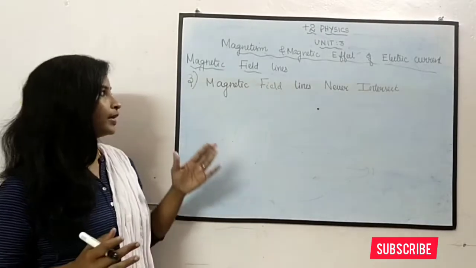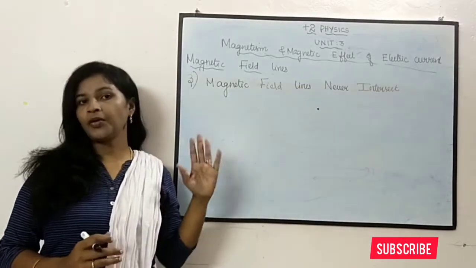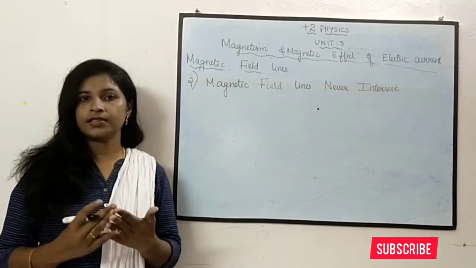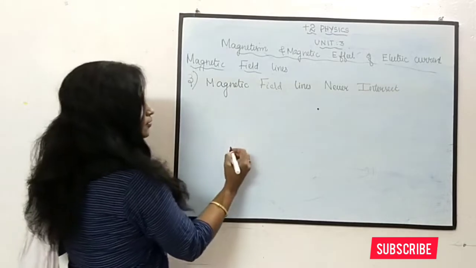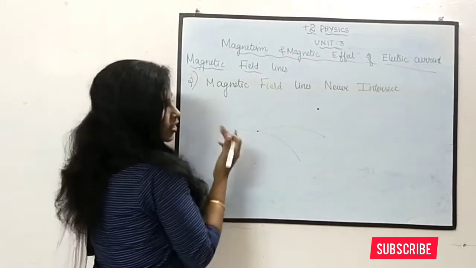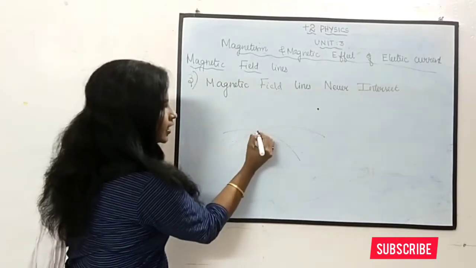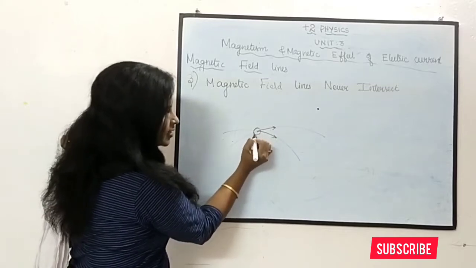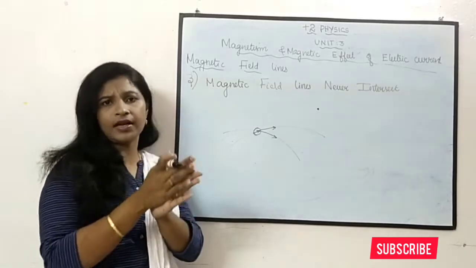So the next property is magnetic field lines never intersect. Similar property you have studied in electric field also. Can you remember? Electric field lines never intersect. You have studied the reason also. Why do they never intersect? Because if the field lines intersect with each other, what happens at this point? If I want to find out the direction of the magnetic field, what happens? So here it will be in this direction. Here it will be in this direction. So if I place a compass needle, the compass needle can point in only one direction, right?